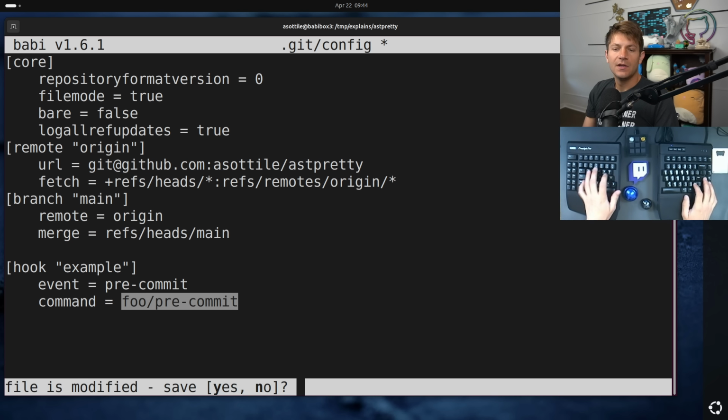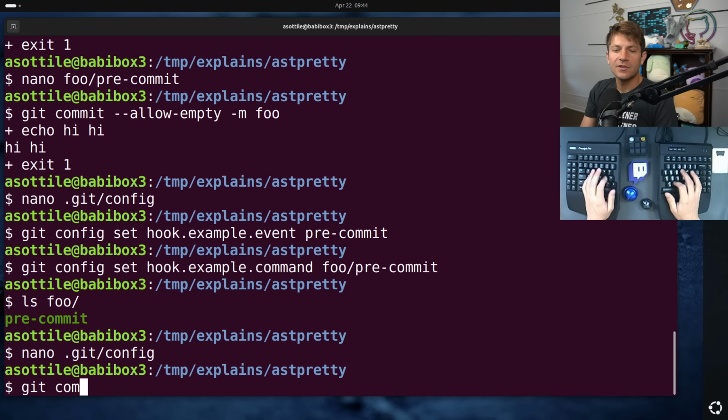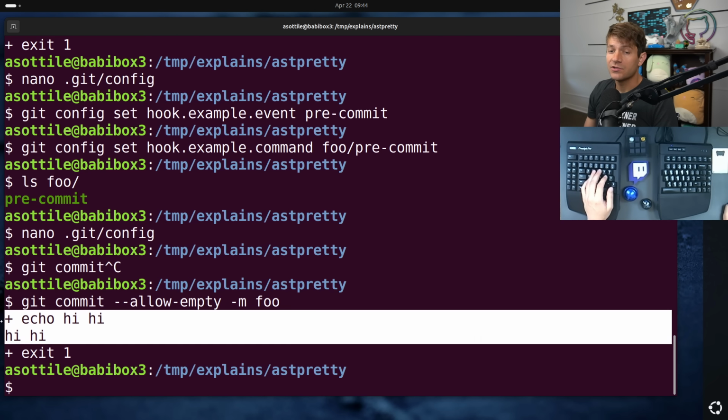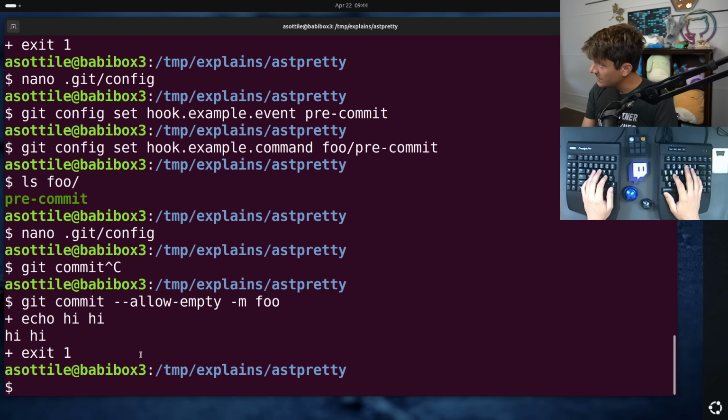this script here. And so if we do commit again, you can see that our script is being triggered here. Interestingly, this also still triggers existing git hook scripts. So if we wrote